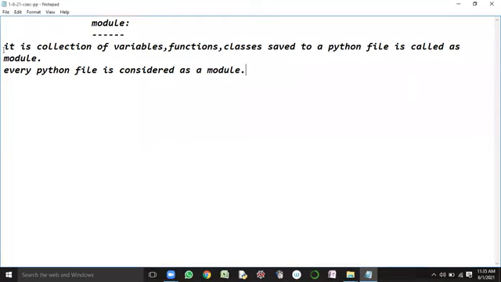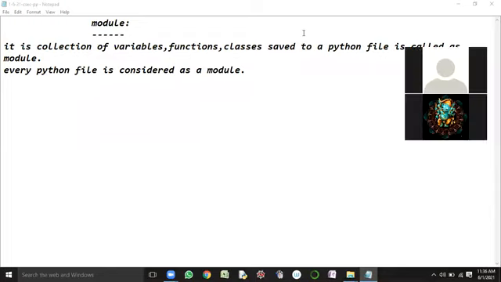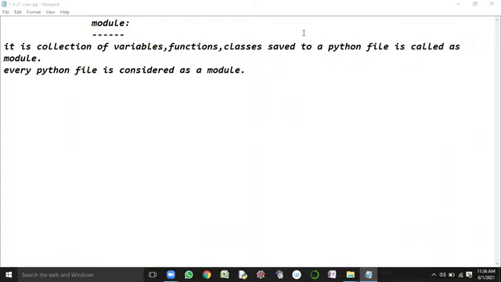It is a file with the extension .py. Such files are treated as Python files, and each and every Python file is considered as a module in the Python programming language.